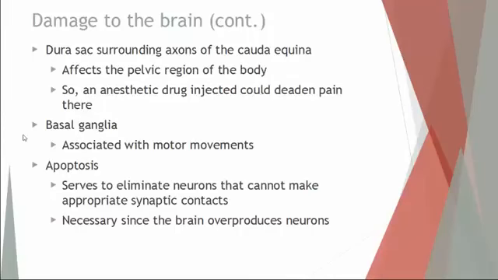Next we'll talk about the basal ganglia. The basal ganglia is a key structure of the brain, and it's important because it makes a neurotransmitter called dopamine. And dopamine is associated with motor movements, also involved with eye movement, also with conditioned learning, and also emotional maturity. Now, people who have Huntington's disease and Parkinson's disease will have a major issue with dopamine and how much is produced or how much is not produced.